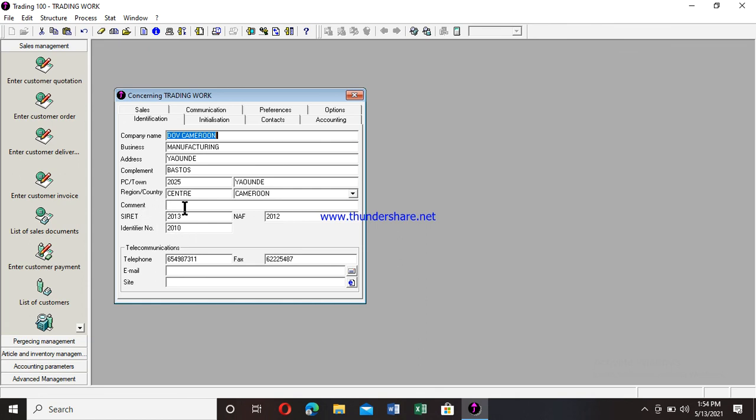So, a line of comment. If you have a comment about your company, maybe a slogan like the one MTN always says, everywhere you go, and so on. If you have such a logo or a comment unique about your company, you could put it in the comment line. If not, the email of this company, let me just say the email name is Dove Cameroon